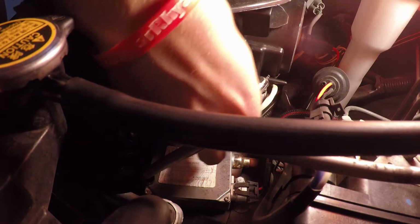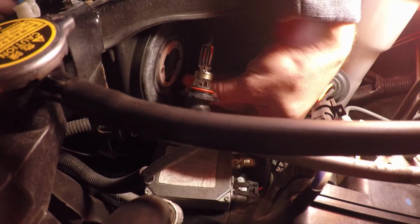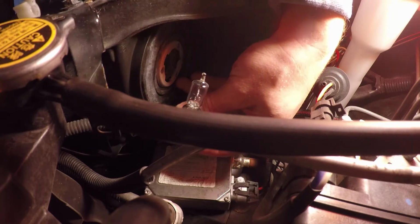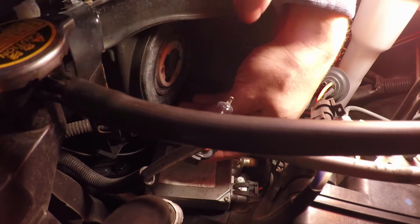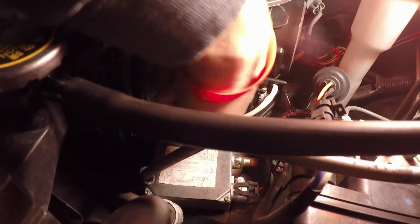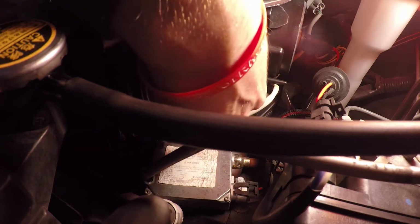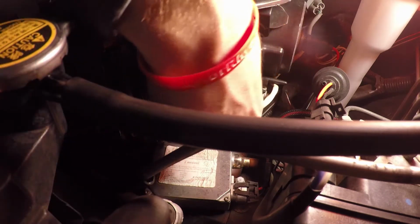Okay, so as you guys can see, I've already taken out the halogen bulb, and again, you just want to make sure that you don't touch these with your bare hands and then turn them on, because the oils will make them explode. So anyway, you're just going to turn it a quarter turn. Let me check again to make sure which way we go. Okay, so you're going to turn it to the outside of your car, so this way, and then you're just going to pull straight out